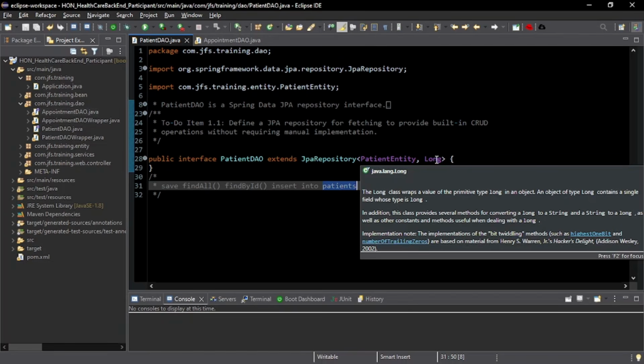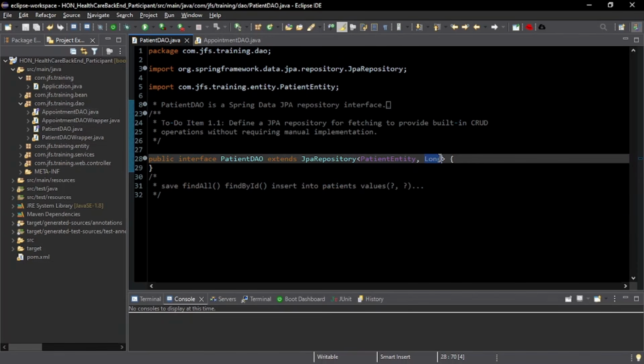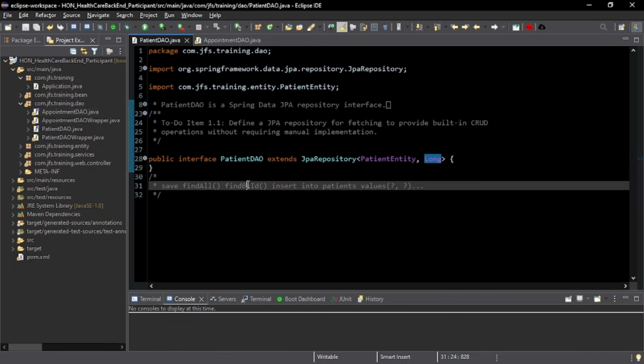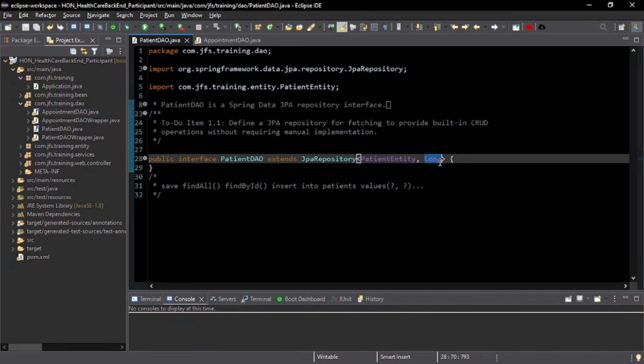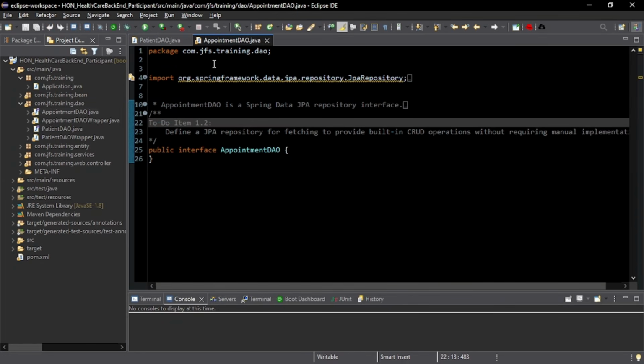Okay, and similarly, why this primary key? Because findById will work using this primary key. So the type of the primary key, the repository or JPA repository should know. And now if you understood this, somebody tell me what code should I write here